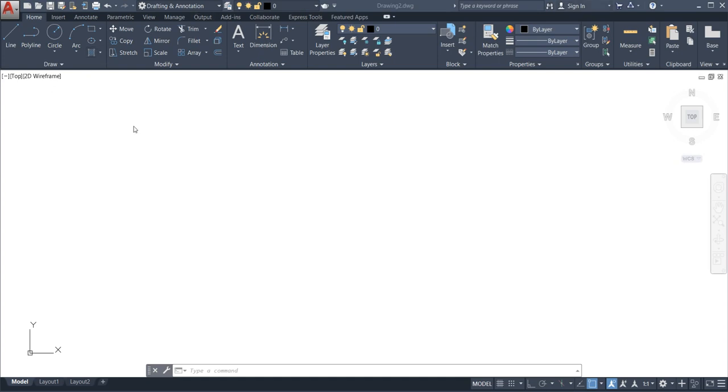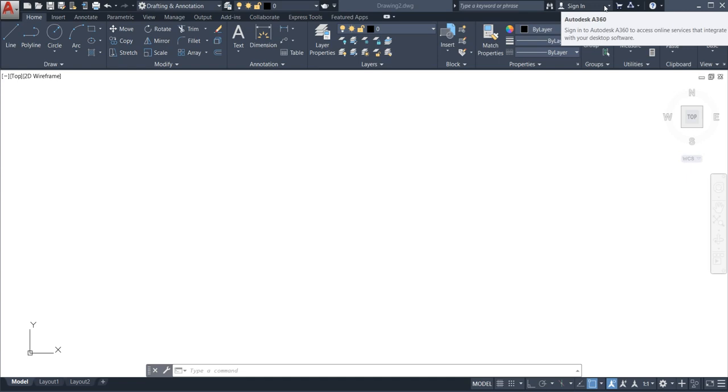So just go to Sign In. Beside the Sign In you can see one arrow here. It is very small. So just go and click it here. If you click it, you can see Sign in to Autodesk account. This sign in is for those who have already created their Autodesk account. But if you have not created your Autodesk account, no need to worry, I am going to tell you how to create your Autodesk account and how to link it, means how to sign in on that. So go and click it.